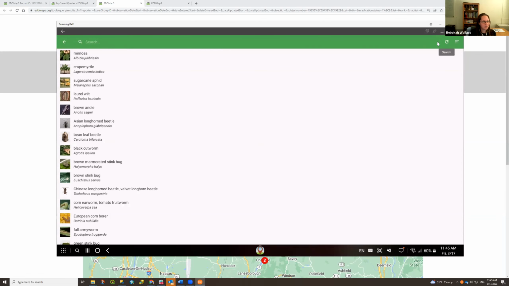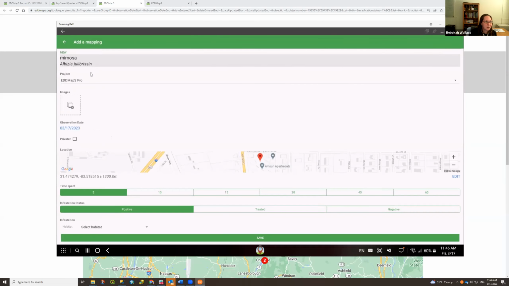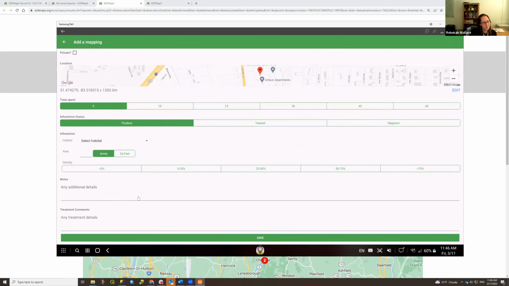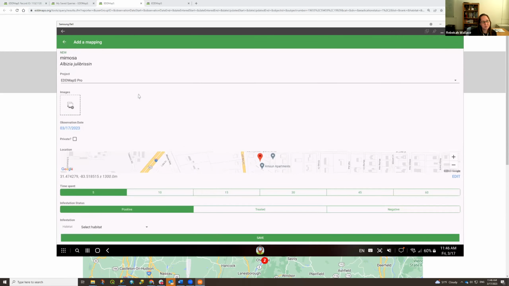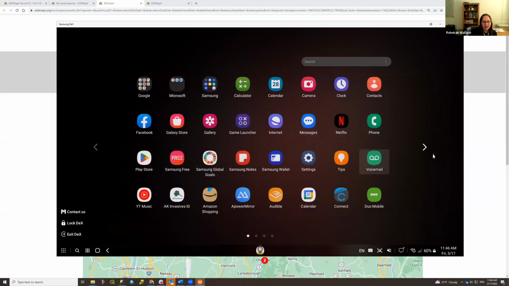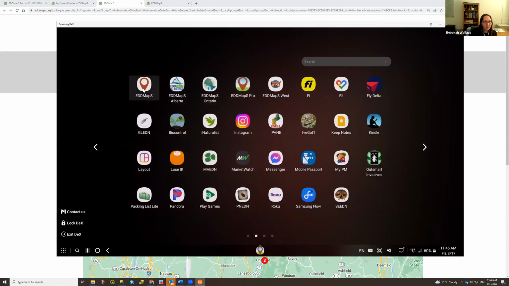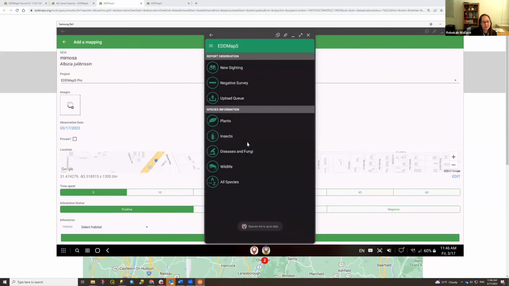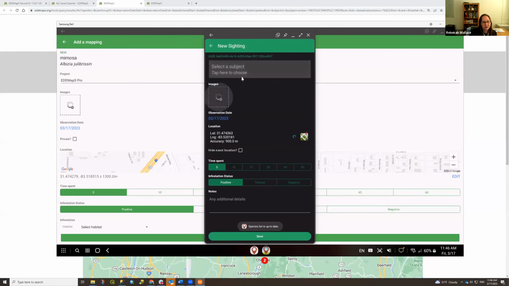And I'm going to, let's do mimosa. Is that not an option in Pro? I think we added it in the EDDMapS app, it is not in Pro. So if you're in, let's do EDDMapS. Here we go. New sighting.